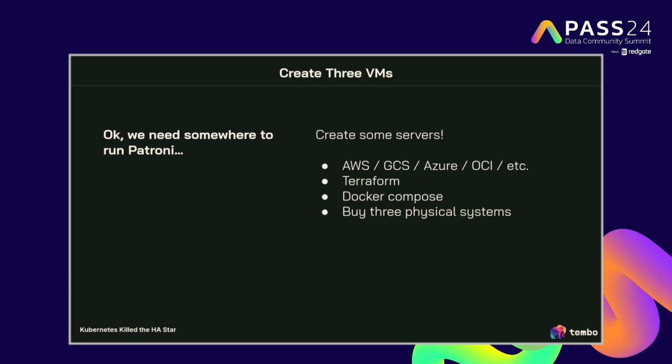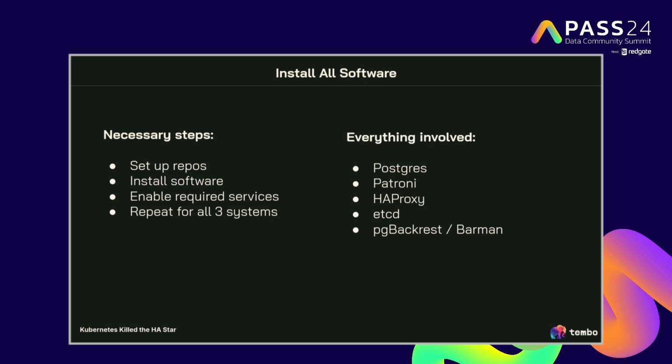All right, let's see. We need to create some servers, buy some servers, set up an RDS or Google Cloud or Terraform, kind of put the servers, make the VMs. Now we have to install software, install a repo for every one of those tools that I got on the right side here. Do I got all of them? Let's see, Postgres, Patroni, HA proxy, etcd, PgBackRest, and a backup solution. Don't I need monitoring too and some other stuff? We'll get to it in a minute.